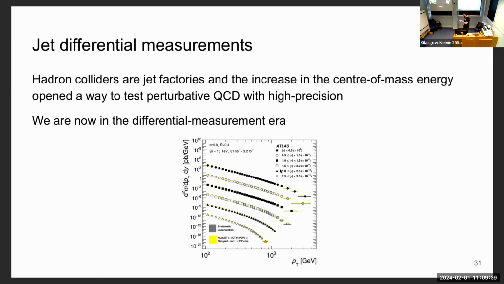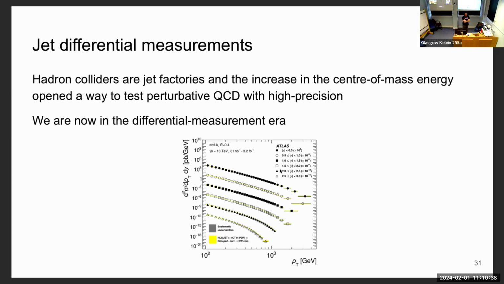This is a picture from a jet differential measurement from ATLAS in Run 2, so it was a slightly lower center-of-mass energy, 13 TeV. You can actually measure the momenta and the cross sections of these jet events with very accurate precision. The dots here are compared to the next-to-leading or next-to-next-to-leading order predictions, which are represented by the yellow part. As you see, extremely good agreement between the two. That means we reached the point where we can actually do super precise measurements of QCD